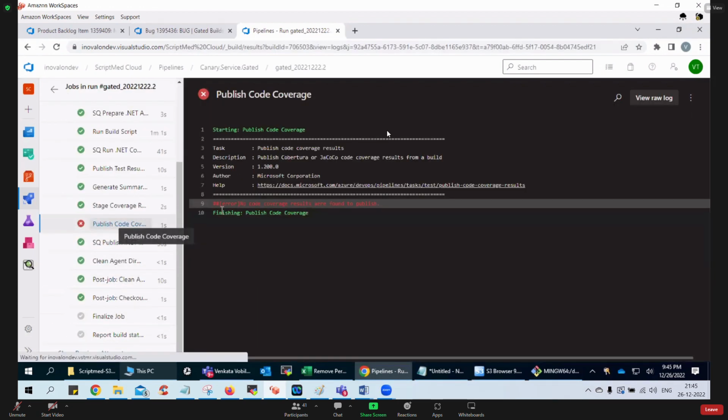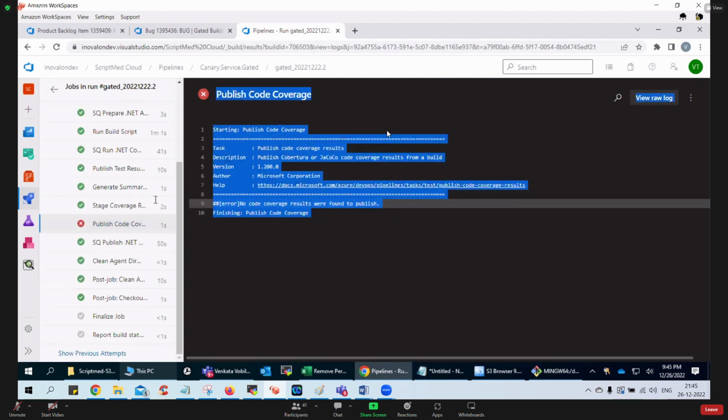So publishing code: is it really our pipeline problem or something else? It is purely a testing team problem. So we pushed it back, saying that the testing team forgot to write the test code, that publish code stuff. We pushed that back. Okay, that means the person who wrote this code started working on this.